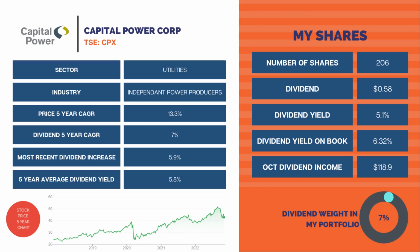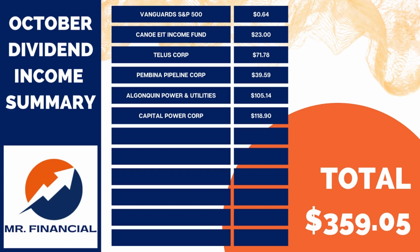The most recent dividend increase was 6% in August. That increase was a little lower than their 7% CAGR over the past 5 years. They have an annual dividend growth guidance of 6% through to 2025. After the drop in price, I'll be looking to buy back the shares I really didn't want to sell. So at the halfway point, we are at